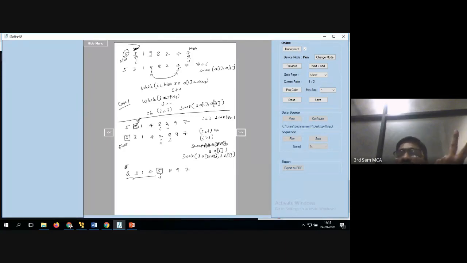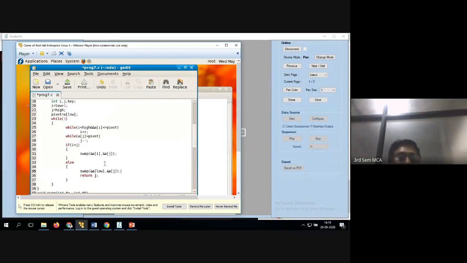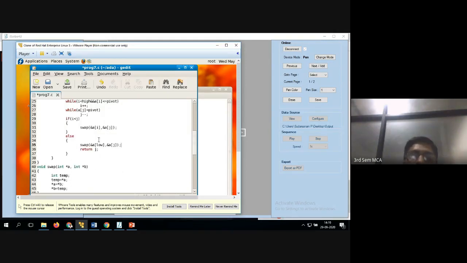Write the swap function separately. How to write the swap function is nothing but taking one more variable. For example, if there is a coffee and you want to swap the two elements, you need to take one more empty bottle. That's what we'll be doing here also: one temporary variable, temp is equal to a, a is equal to b, b is equal to temp. Sometimes they will use only one temporary variable, no problem, because we are using pointers, you have to send the address locations.